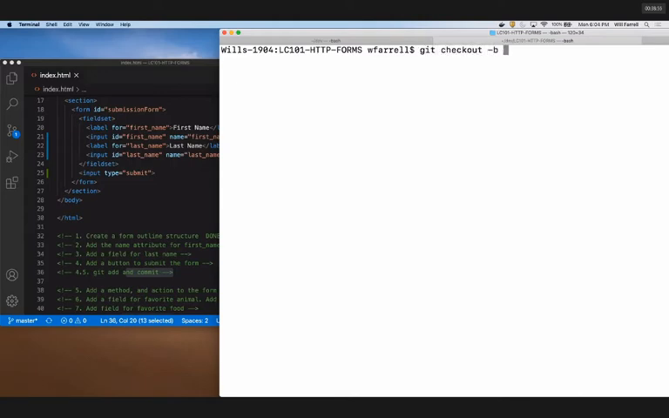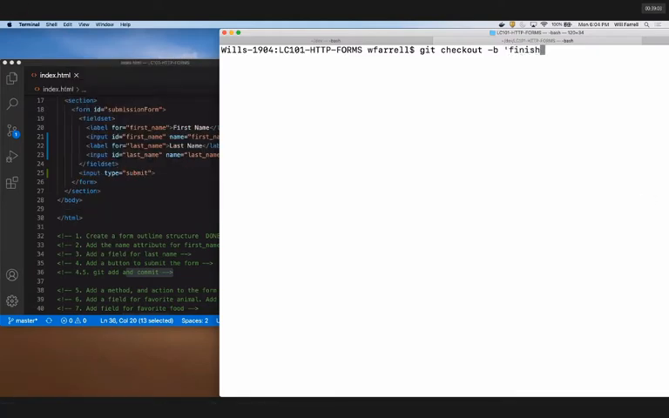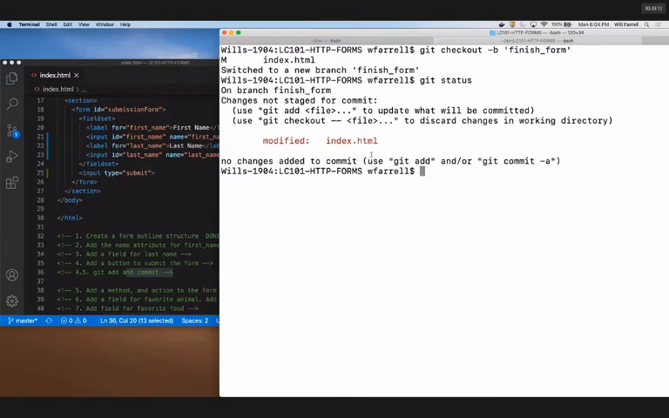So we're going to say checkout a new branch. And this branch is going to be finish-form. Not a very descriptive branch name, but that's what we're intending to do, is complete the form. So we're on a branch now, and now if we actually want to add and commit this, we're going